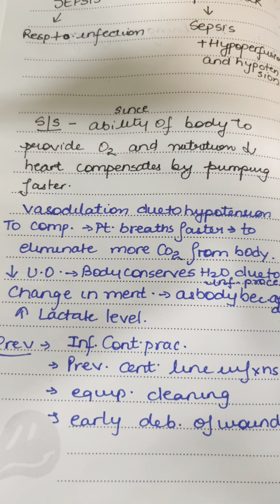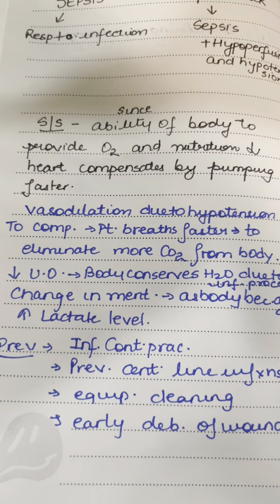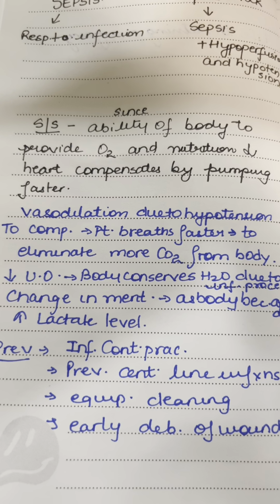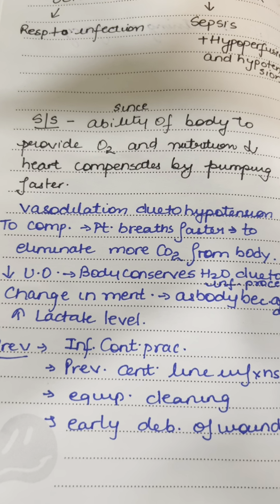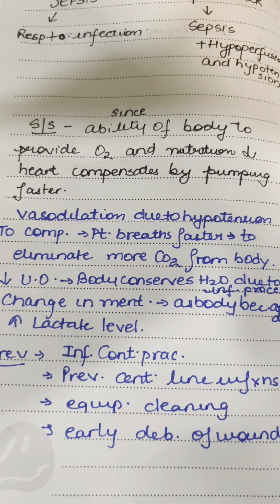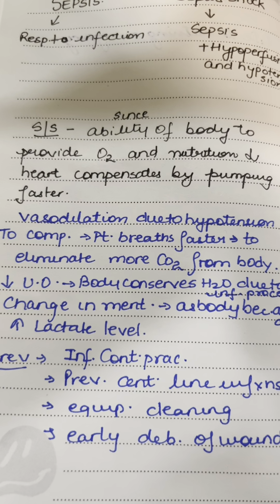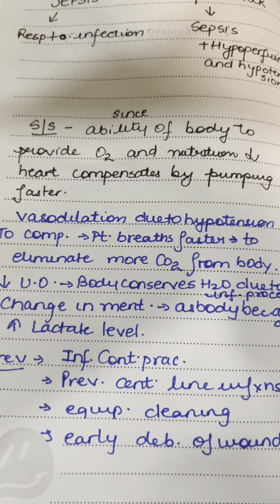So run for your O2 sat monitoring, run for your fluids to maintain the blood pressure, call the lab, ask them to collect all the required labs as soon as possible so you can start your antibiotics. Keep notifying the providers if the blood pressure still remains low,